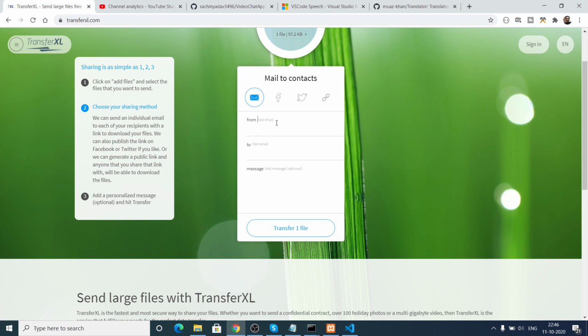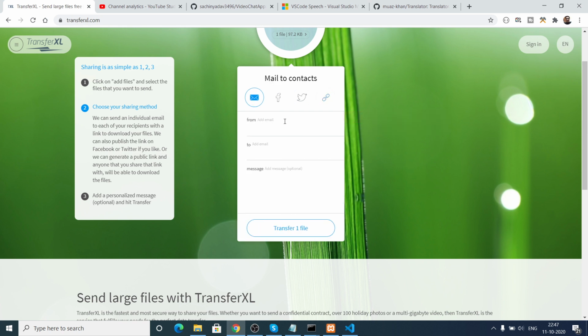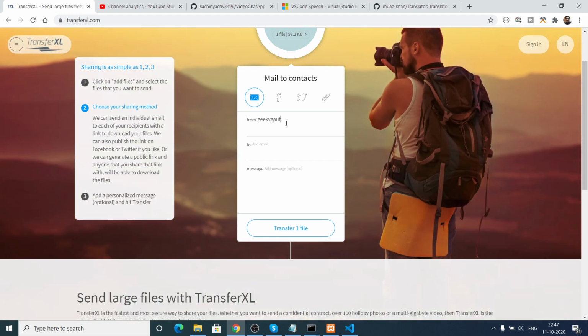Now you just need to provide the email address wherever you want to send it to, or you can share this public link also. You also need to provide a from address and a simple message also. I will send it as an email here. So you just need to provide your email address. Let's suppose I provide my email address